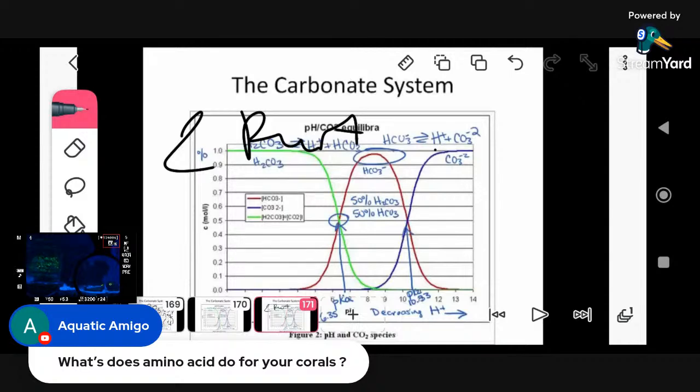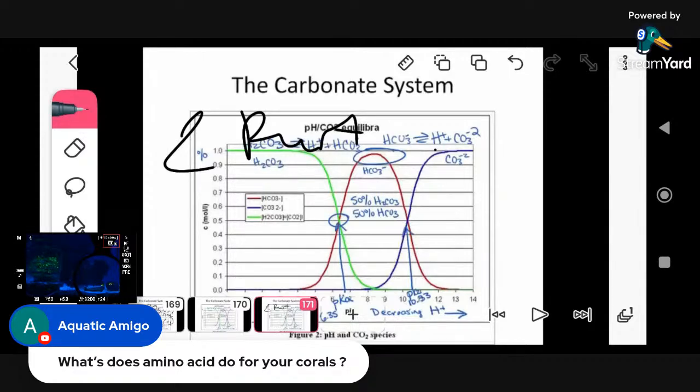Me personally, I developed my system to help other people. Not really to help myself. I mean, what's the point of me having a lot of display tanks? That's just me. What about you, right? The reason you're watching this is, how is watching this video going to directly help you, even a little bit or exponentially, with your system? That's where I'm at. I'm trying to help you guys out as much as I really can. Anyways, next question.